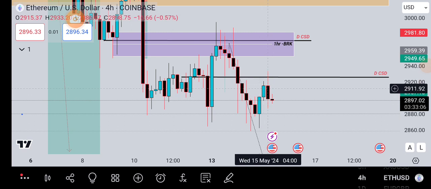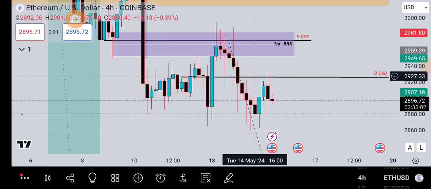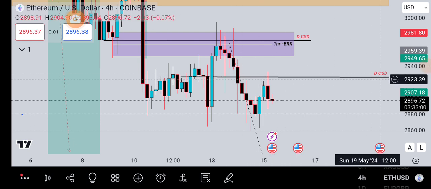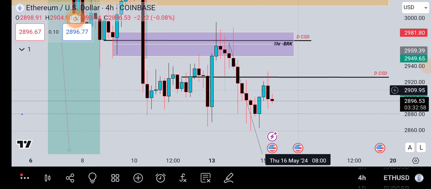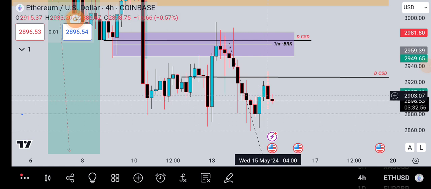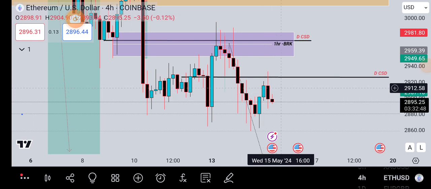We had the next candle, which cleared the high. You can see it up into a key level, two key levels, this fair value gap and also this daily change in state of delivery. Then we had this candle rally lower, closing below the opening price of this candle and also the closing price, right? So this is a signal that we are anticipating lower prices.